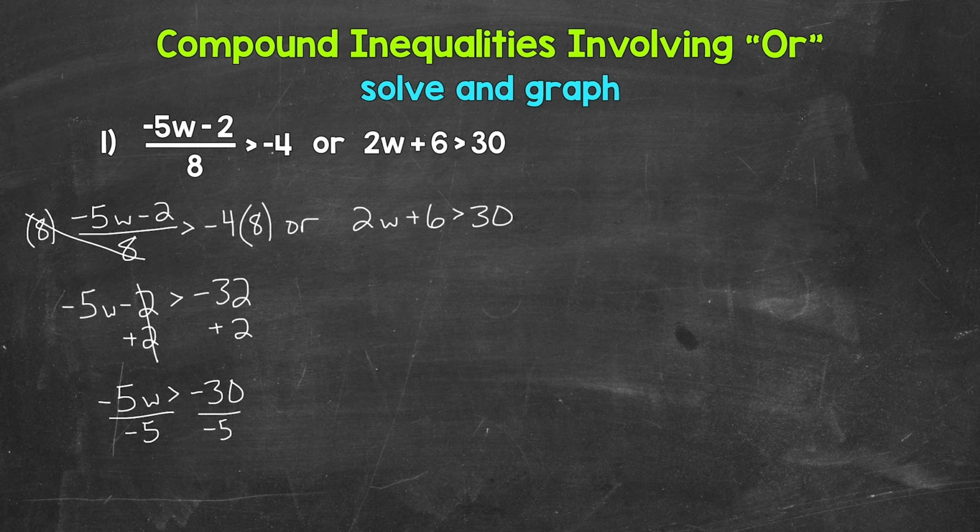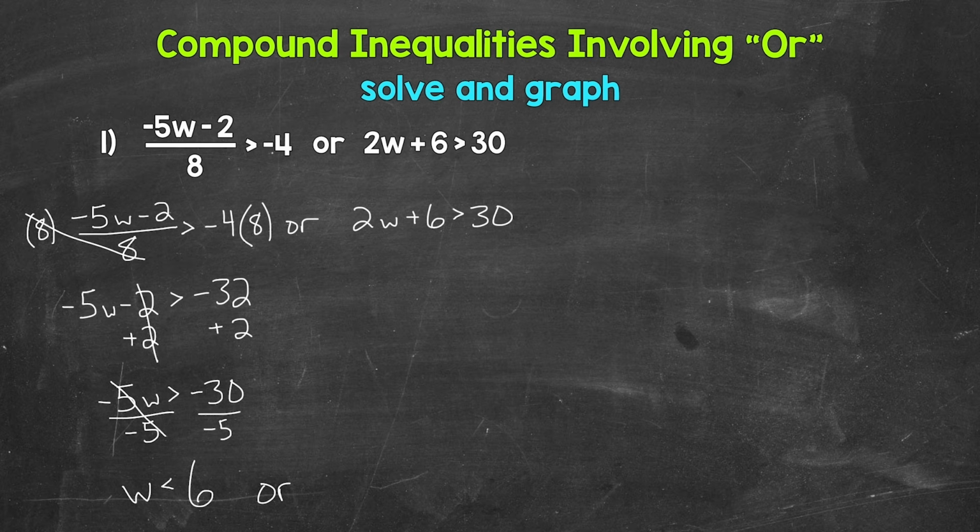So on the left, these negative 5s cancel each other out. w is now isolated. The inequality symbol has flipped. And then on the right, negative 30 divided by negative 5 gives us 6, a positive 6. Remember, a negative divided by a negative gives us a positive. So we have w is less than 6, or, and now we need to solve 2w plus 6 is greater